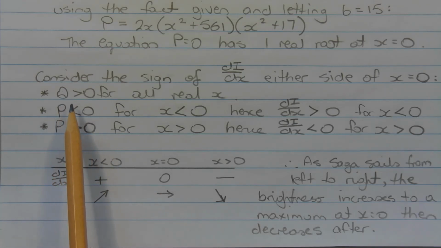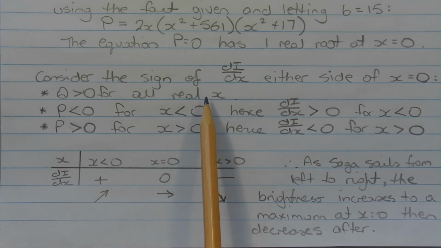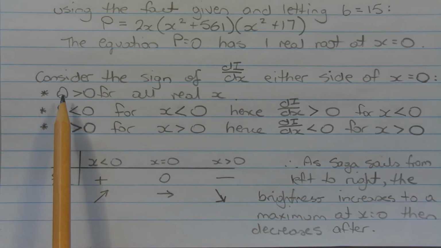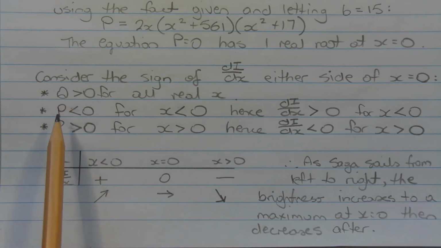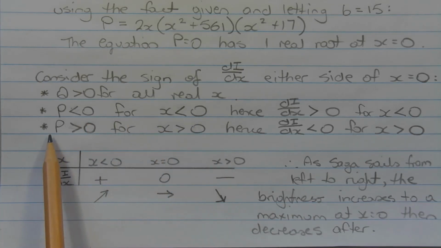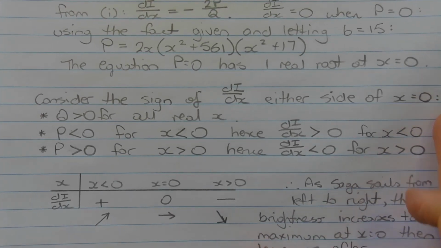Now the next point to note is that the denominator q is greater than 0 for all real x. So we're not considering or even interested in q at this point, since we know it's going to be greater than 0. Now p is less than 0 for x less than 0, and p is greater than 0 for x greater than 0. Now if we consider p, and we'll go into this in a little bit of detail, we can